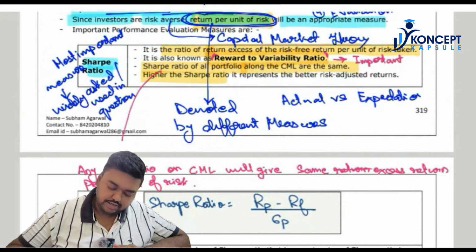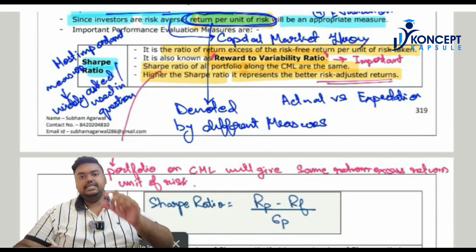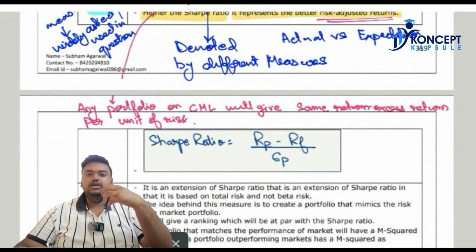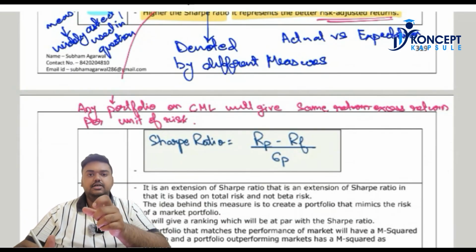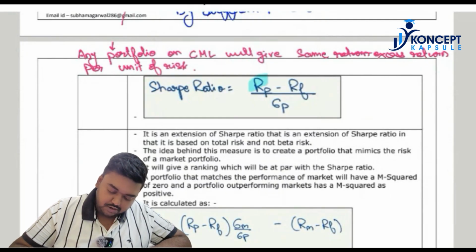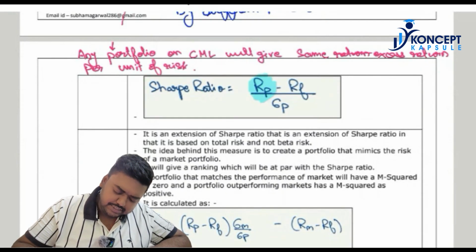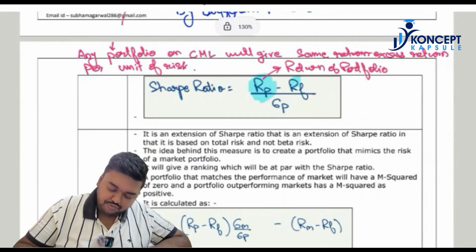The higher the Sharpe ratio, the better the risk-adjusted return. When my Sharpe ratio is higher, it means the excess return that I am generating per unit of risk is higher. So what is the formula of Sharpe ratio? Very important, guys. It is RP, which is the return of the portfolio, minus RF. We know RF is the risk-free return,